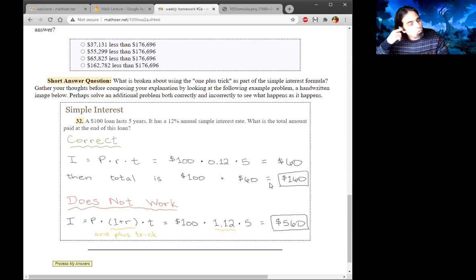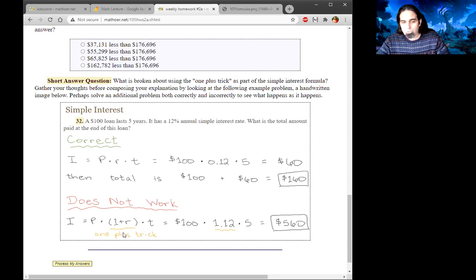So it doesn't work to try and use the 1 plus trick. We were looking at it for percent change. You can often use the 1 plus trick, but not in this formula. So what goes wrong? If I try and put a 1 plus r, where the r would normally be,